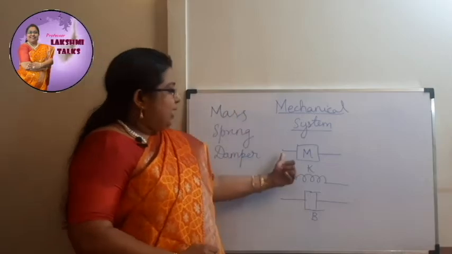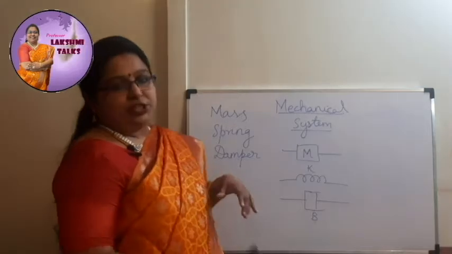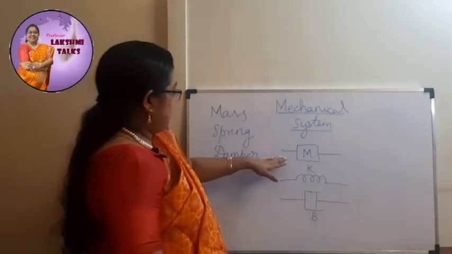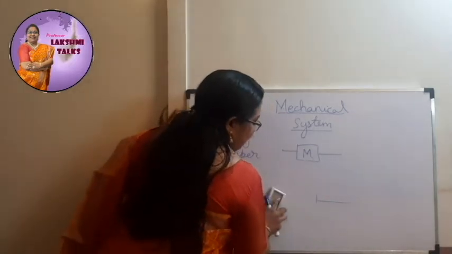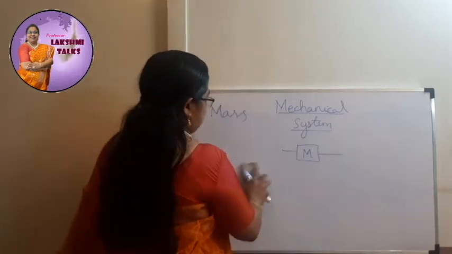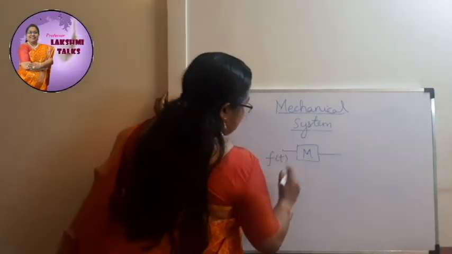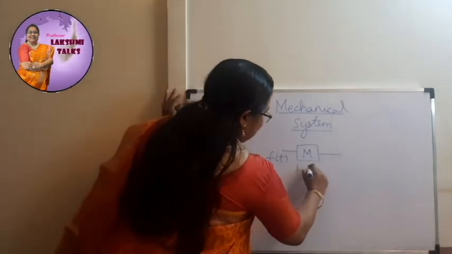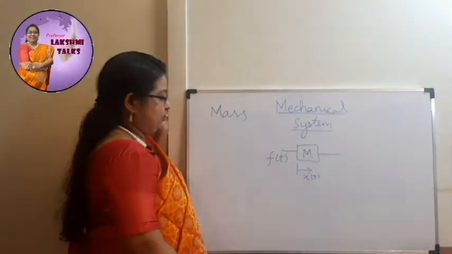We have seen this is the notation of a mass. And what about the equation of a mass? A mass is given by this one, and when a force is applied, we'll remove all the others and see the equation for the opposing force produced by mass alone, right? Whenever you apply a force F of t to the mass, what will happen? The mass starts moving. This we have seen already. The movement is given by the displacement x of t.